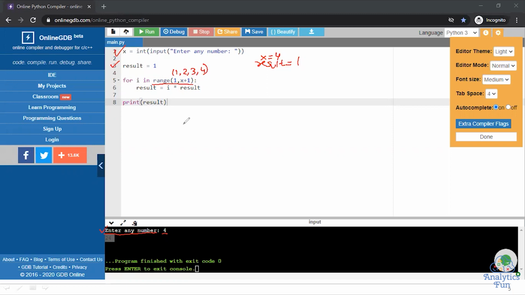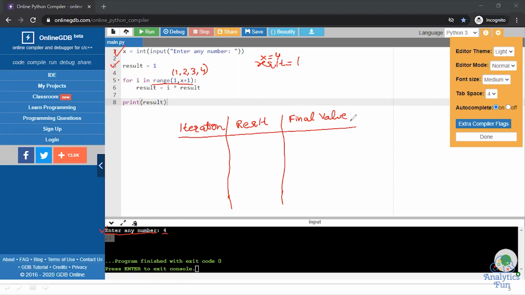So I will create a quick table for you here where I will write iteration, result and final value. There are 4 iterations: i equal to 1, i equal to 2, i equal to 3 and i equal to 4.